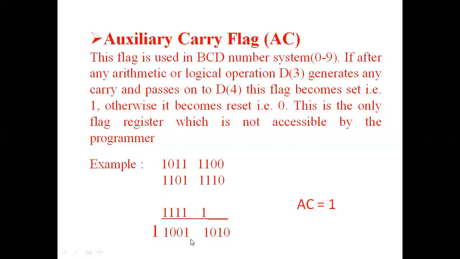So I'm doing the addition of 8-bit numbers, but I'm getting one more bit, that is a 9th bit. So that is called the auxiliary carry, which is equal to 1. If I'm doing addition but I'm not getting any extra bit, the auxiliary carry is equal to 0. So in this example, I'm getting the extra ninth bit, so auxiliary carry is equal to 1.